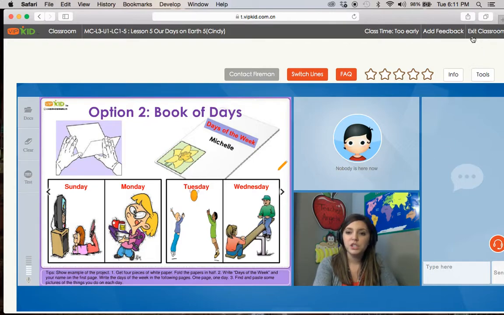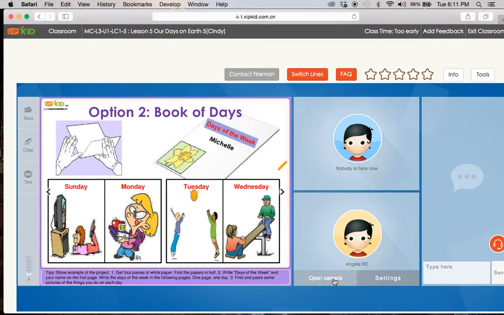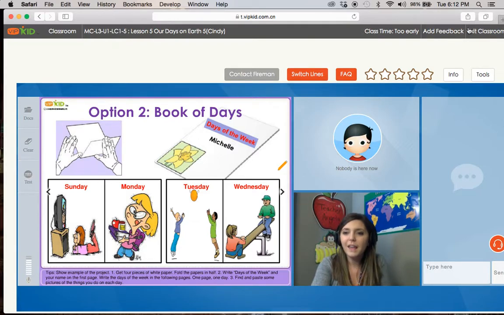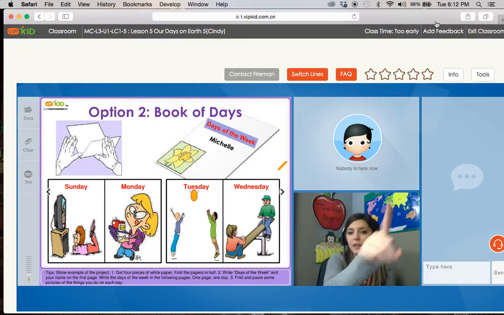So then once you are finished with the lesson, you close your camera. My microphone actually has the option to press the mute button on the side. I can show you actually. I'll open my camera back up. It has this little button where I can, well, maybe, sometimes. It's not muting right now. Okay, so anyways, at the end of the lesson, up here at the top right, after